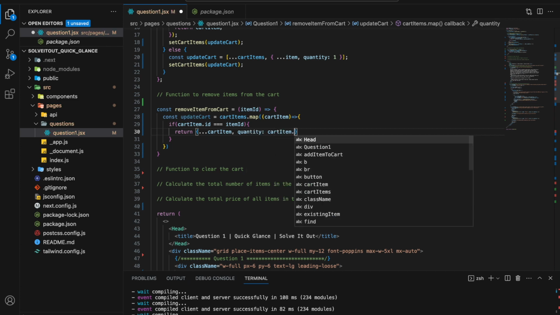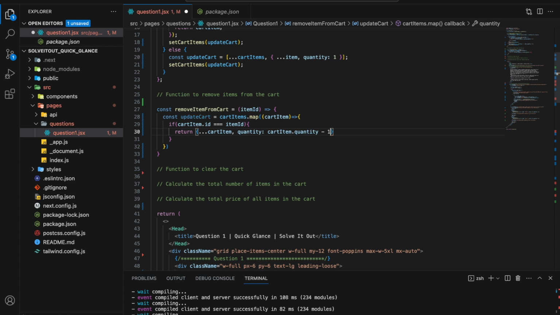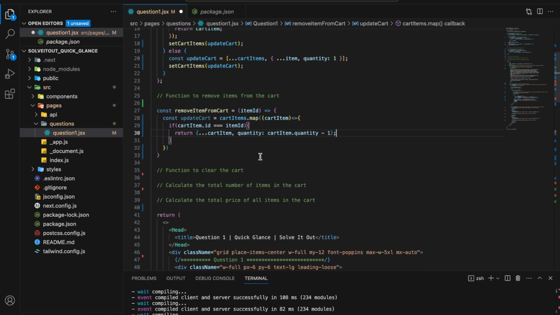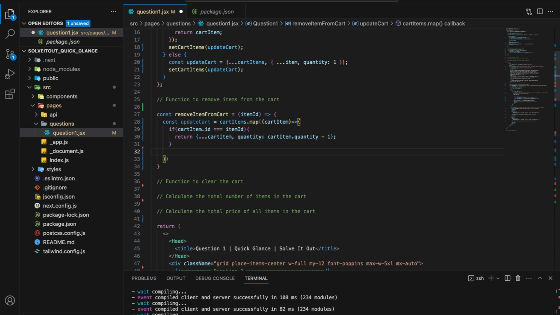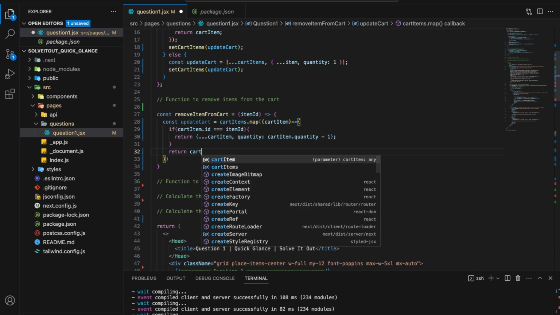Cart item dot quantity minus 1. Okay. If the ID matches, then we'll deduct the item quantity by 1, and then we'll return here the cart item,